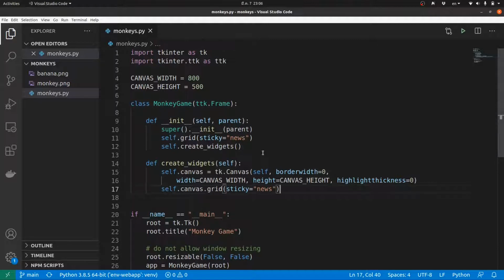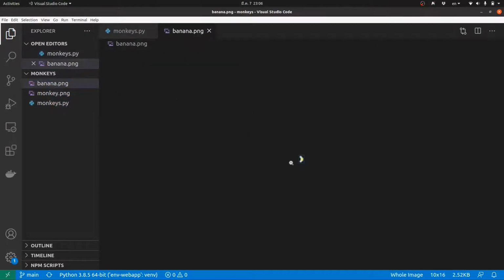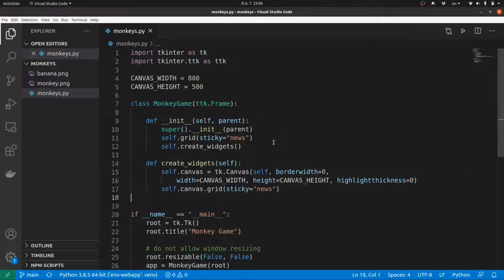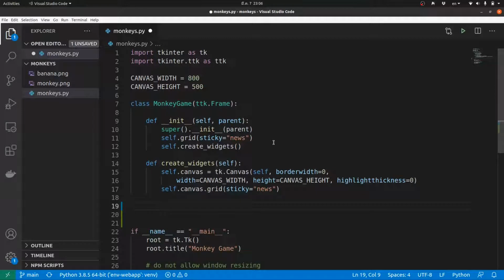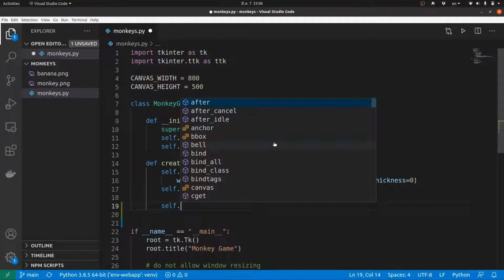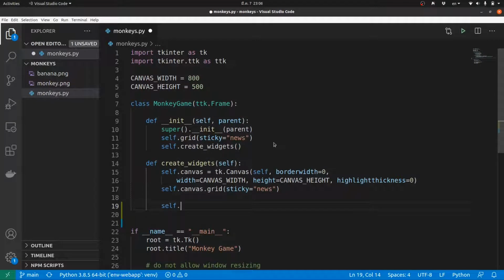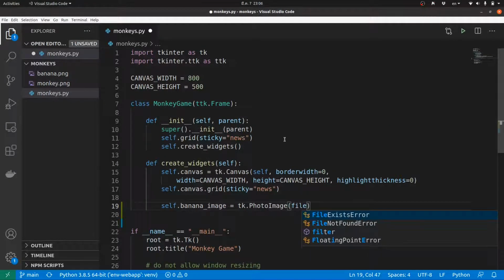You want to show the banana image. So this is the banana, and you want to show it. So you need to load the image. I'm gonna write the broken code first and we'll see how to fix it. Actually, let's write the correct one first. I need to read the image, so let's say banana image equals tk.PhotoImage, file equals